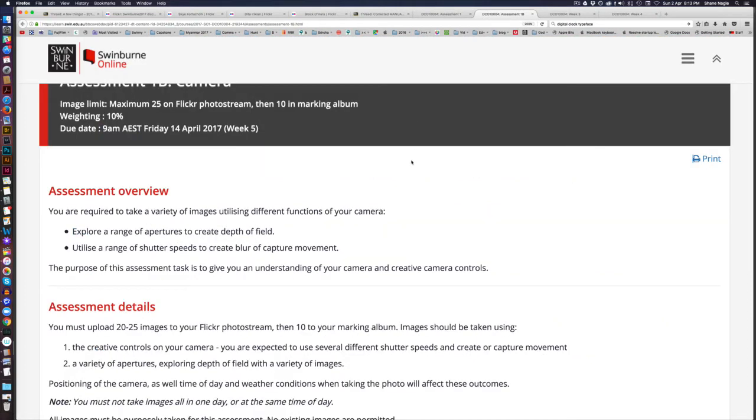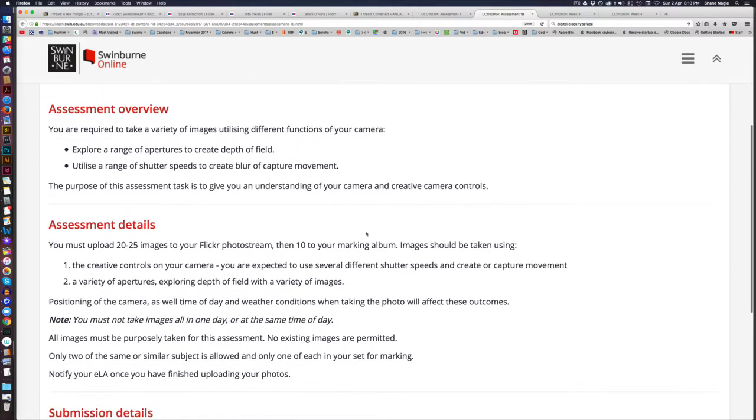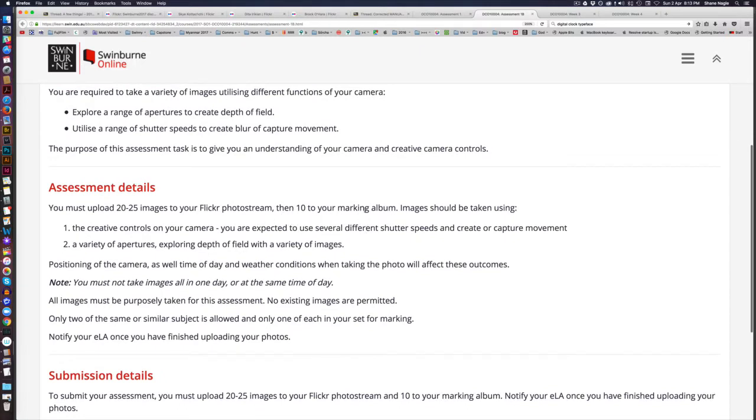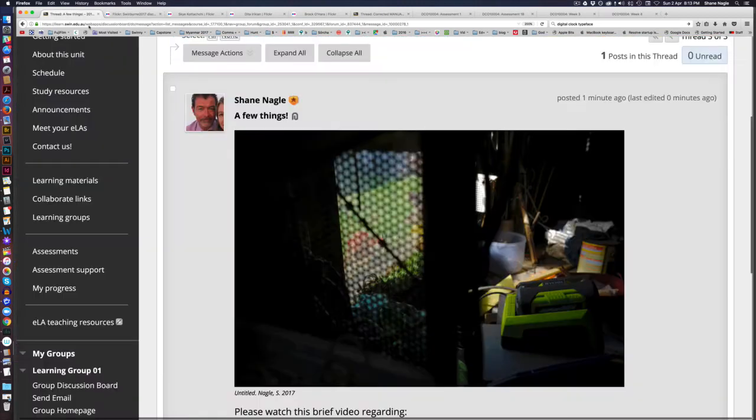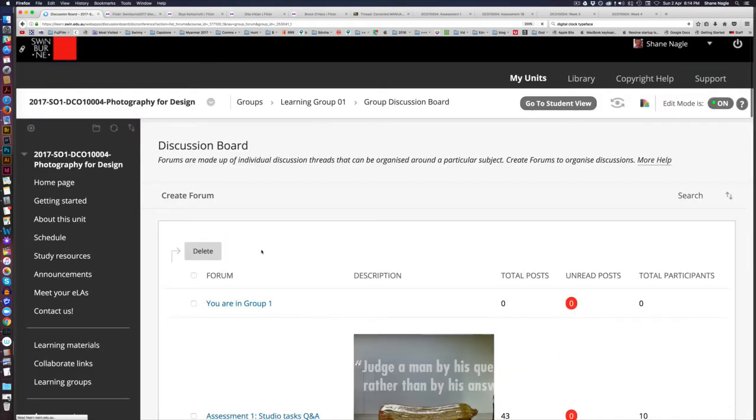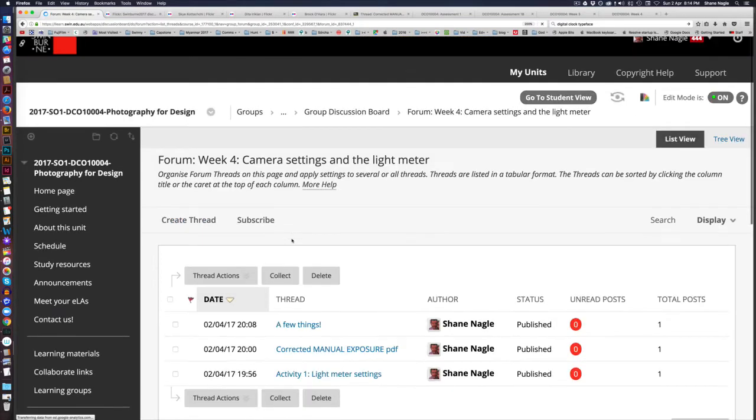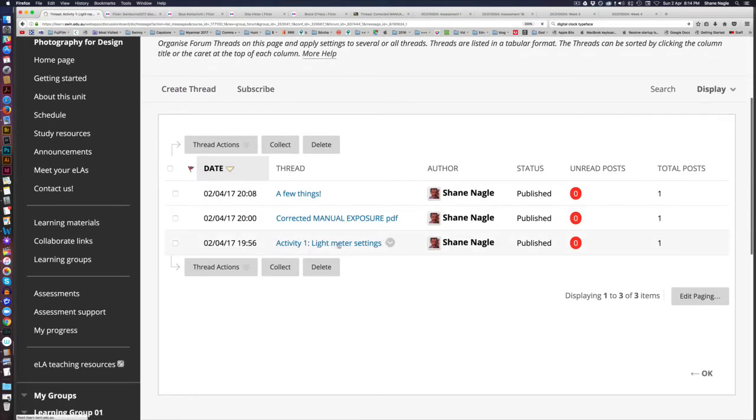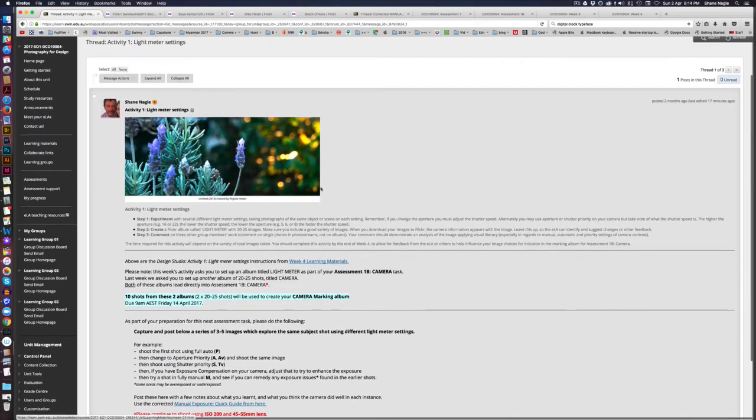So as per the assessment summary, assessment 1B camera, you will only need 10 final images in your marking album. However, you will be setting up 2 albums in order to arrive at that selection. So I've put that in a thread. If I go to that now, I have called it something. Here we go. Under Activity 1 Light Meter Settings, if you go there, you'll see that firstly, I've got a